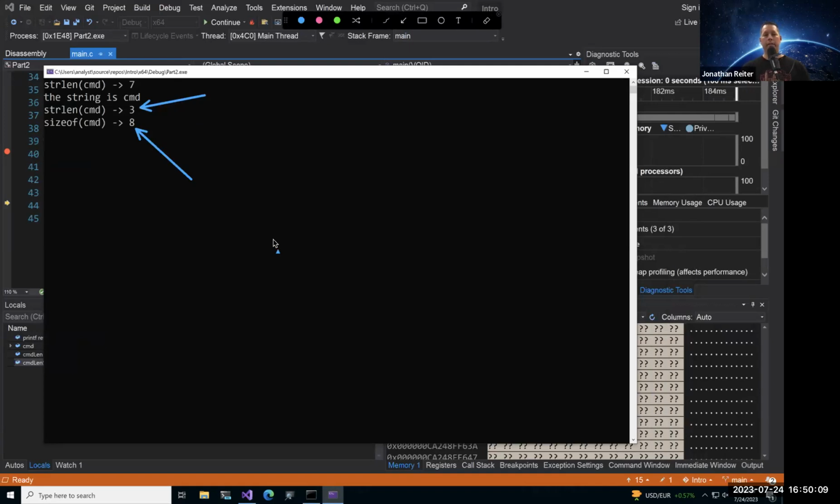Okay, so please don't use sizeof to try to get the length of a string. It's not what it's there for. Sizeof will go through and look at the command variable and see what the type is. It's looking at the type and seeing all the bytes that are present in that type and shows you the size of those bytes. So we have 8 bytes inside of that.